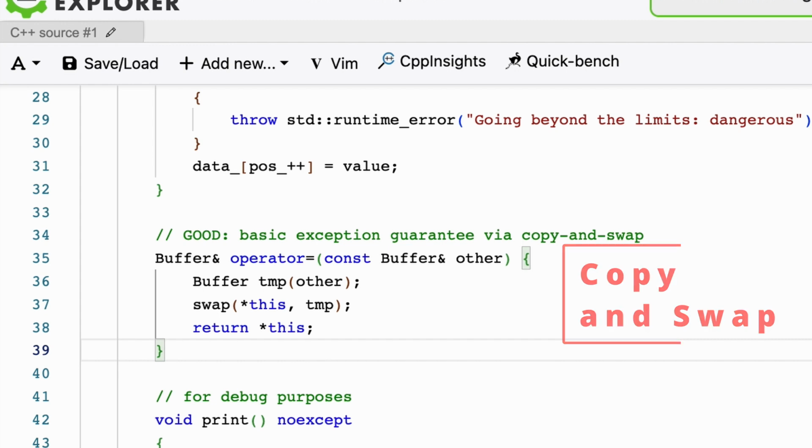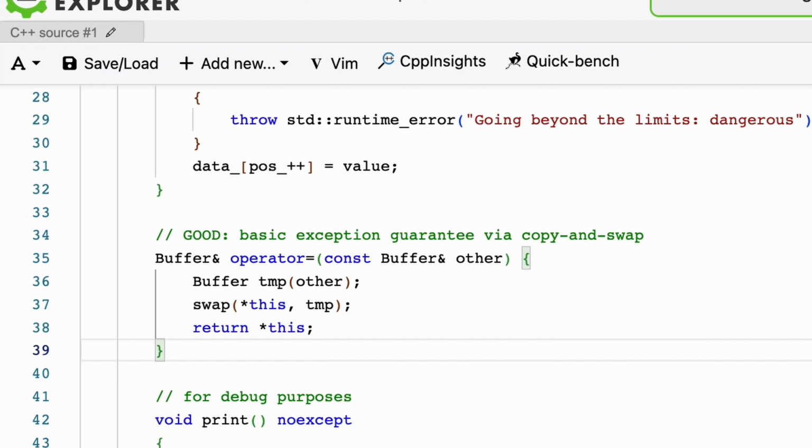Let's see why. The copy can either succeed or fail. Since we are copying, we are not changing the state of our internal variables. If the copy succeeds, we can proceed to the swap. The swap is noexcept, so it will not fail. What happens here is either we can transfer everything, copying to the temp object, or we cannot do it.